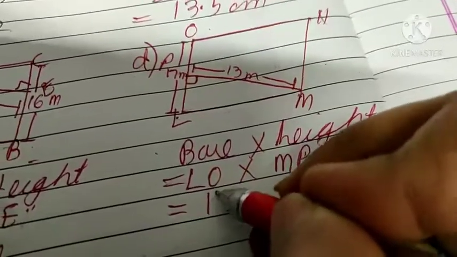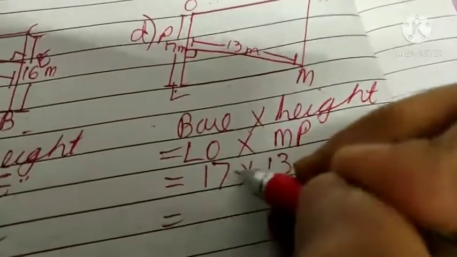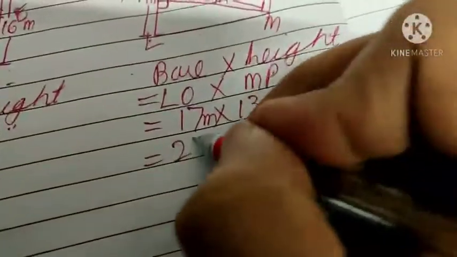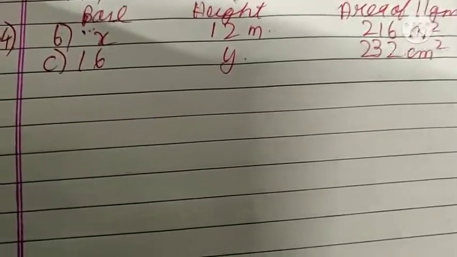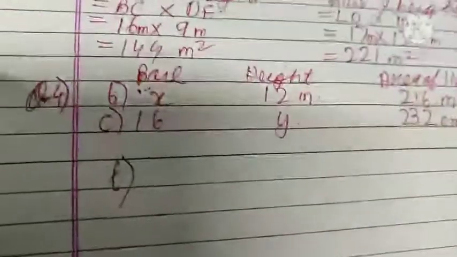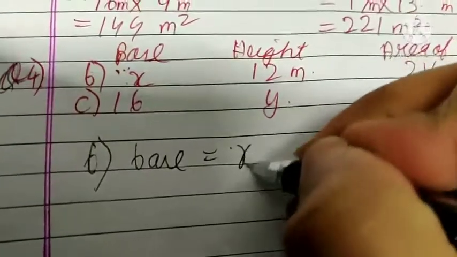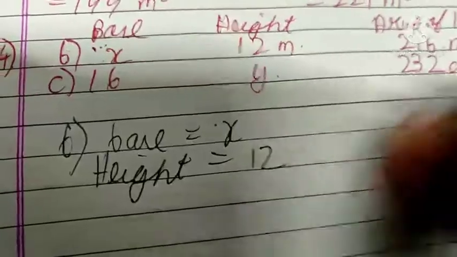LO is 17, height is 13. So 17 into 13 is, they were in meters, okay, so it is 221 meter square. So this is our next question. Here we have to find the base if the area of the parallelogram is given. Here base is equal to x, height is 12 meter,